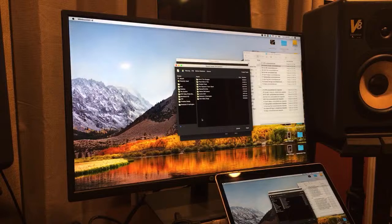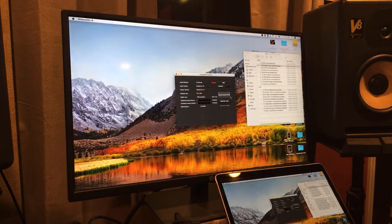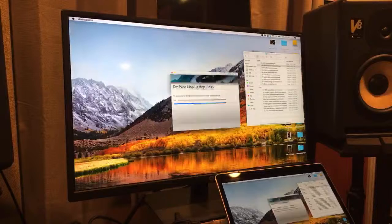And clients. And I'm going to have a new folder. So this is an artist called Natalie Tiller. And session name is going to be Only Love. So I've routed everything where it needs to go, and I'm going to hit open. I always do 44.1. My buffer size is 1024 samples. And let's just go ahead and hit start. So once Mixbus opens up,